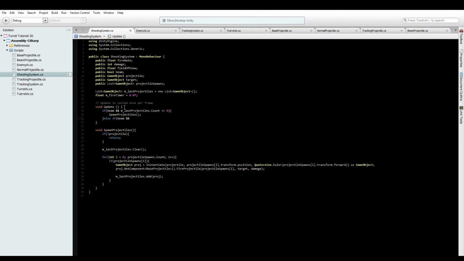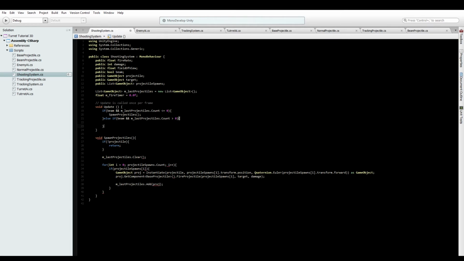Then I'll have an else if beam and count is greater than 0. So if we have projectiles already existing, then what we want to do is check the angle at this point to make sure that we're in a radius to fire. So to do this, we will need to do